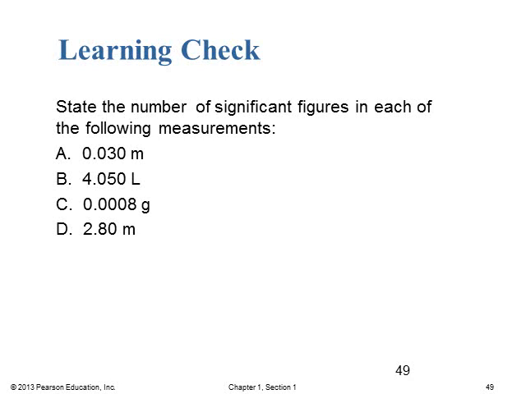In part C, we have those leading zeros again, and those zeros are in the decimal, but they are before any non-zero digit, so they are before the 8. And so all those zeros are insignificant in part C. So there's only 1 significant figure in part C. And in part D, we have that 0 after the 8, and because it is after a non-zero number, and it's after a decimal point, then that 0 is significant. And so part D is 3 significant figures.